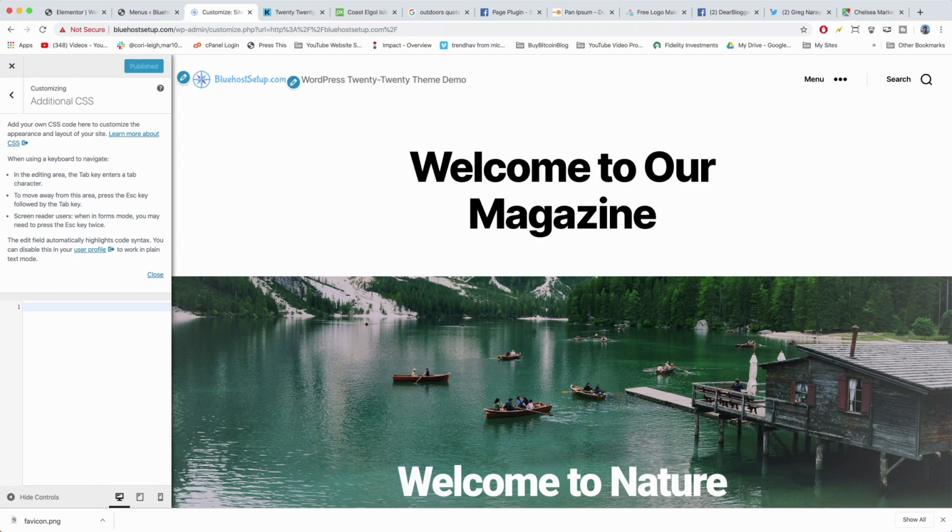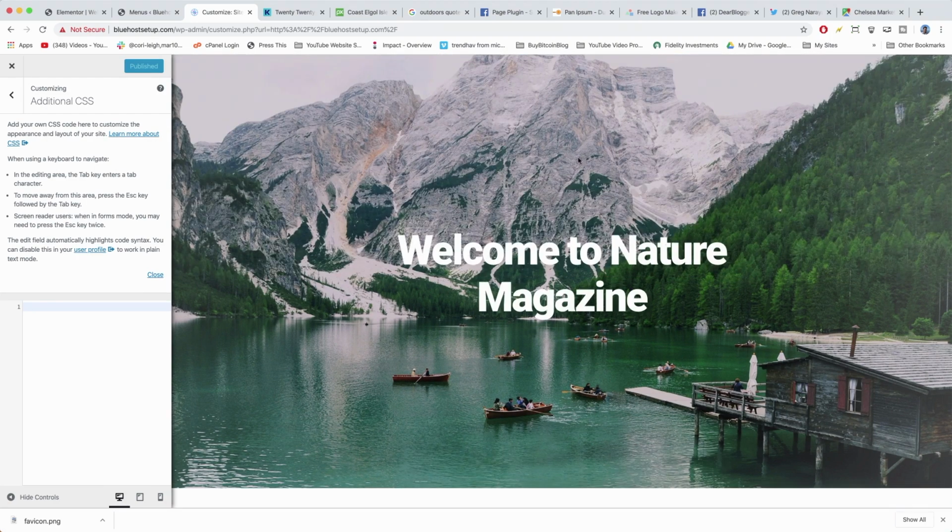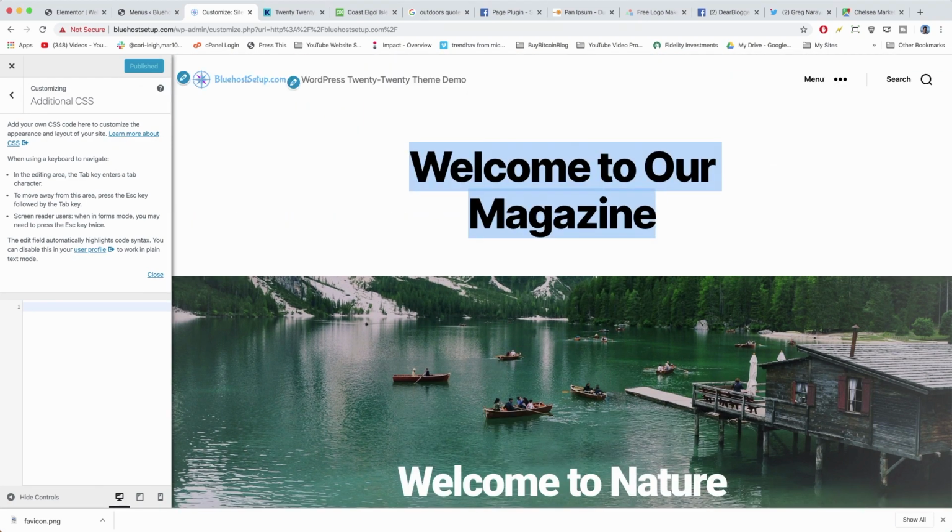The first item we want to get rid of is, of course, this title. I think that makes sense to get rid of it because we already have that on our beautiful hero image in the middle of the image. So what you need to do is, first of all, I hope you're using Google Chrome, but if you're using Safari or Firefox, it should work fine. It'll just look slightly different in terms of the buttons you click, but like I said, I think it should work fine. So what we want to do here is just highlight the part we want to get rid of,